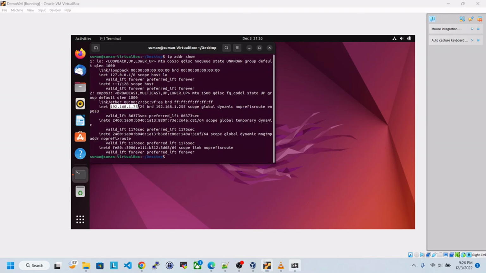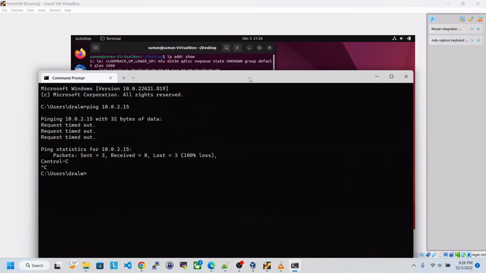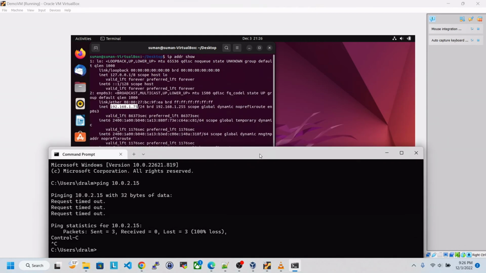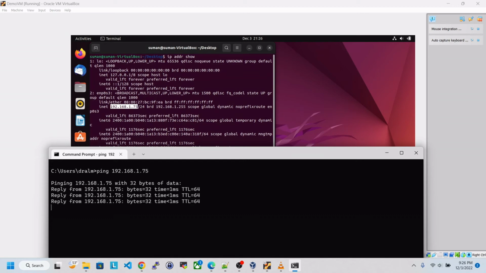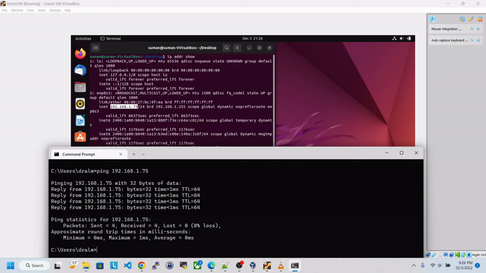So we will see if this IP is reachable or not again. Let's clear the screen. Ping 192.168.1.75. See, now the IP is reachable because it is pingable. Means if you get a reply similar to this, it means the server is alive, we are getting some response. But if you get timeout, it means there is something wrong